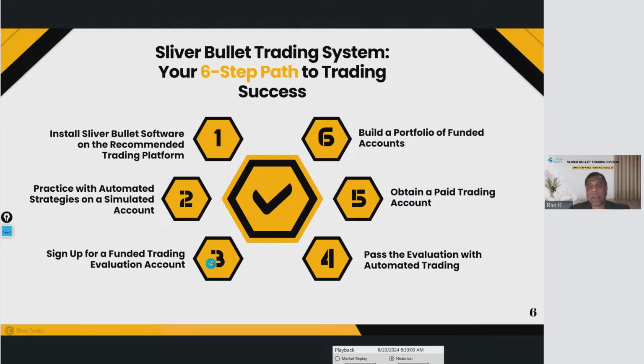And you rinse and repeat step number 3, 4, and 5, and get more paid trading accounts, more funded accounts. It's like, if you have achieved one account, you will achieve the second one, then the third one, then the fourth one, and you can go up to 20 accounts, slowly. It's not going to happen in 1 month or 2 months. You have to be on it, and over a year you will see that you have built a portfolio